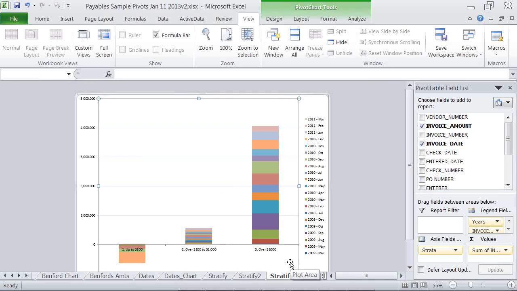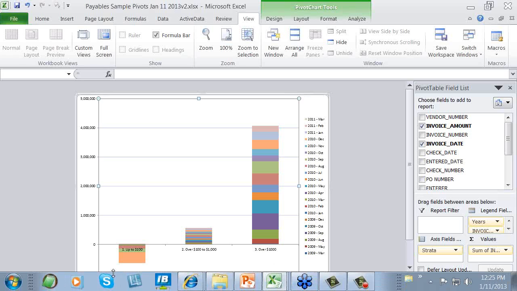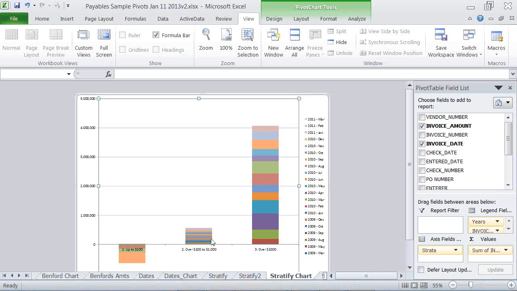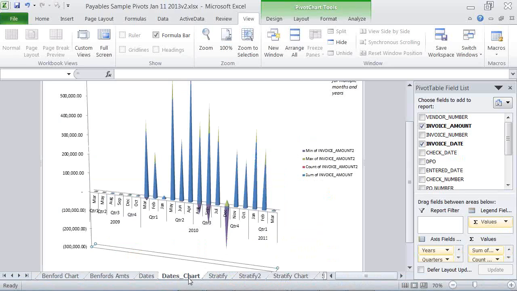is maybe another way of looking at it, something like this, which I don't think is as useful a chart. It's hard to quickly pinpoint things. Taking a look at this particular column 1, which is just working off of this 3D pie chart, that's hard to read.